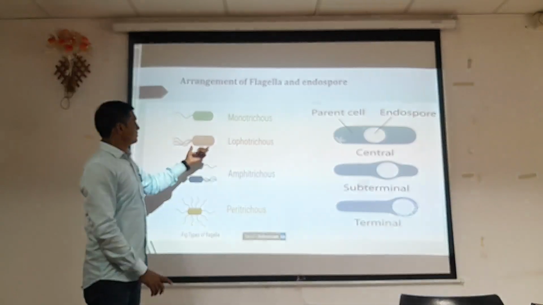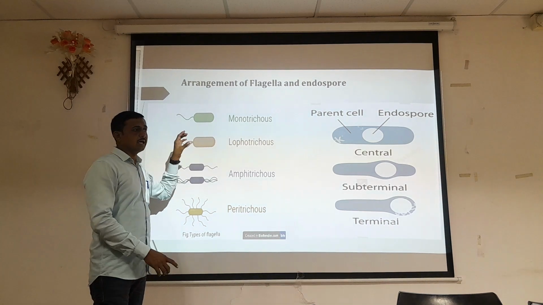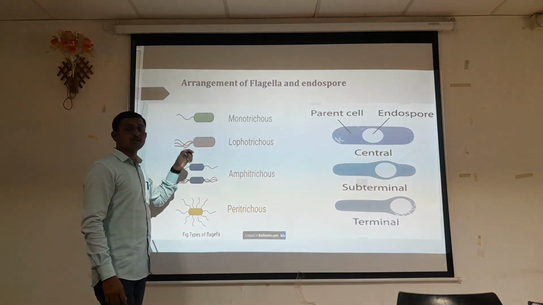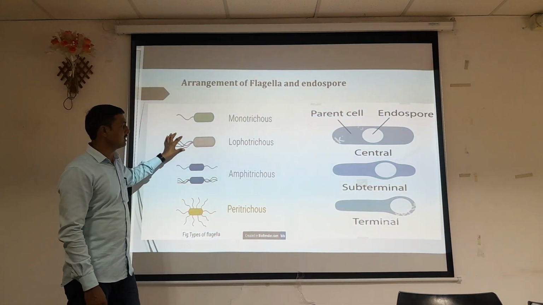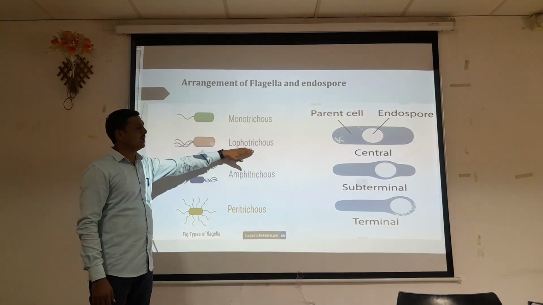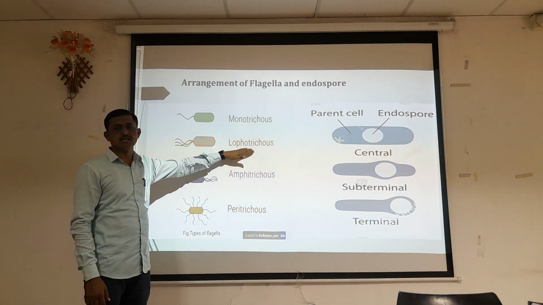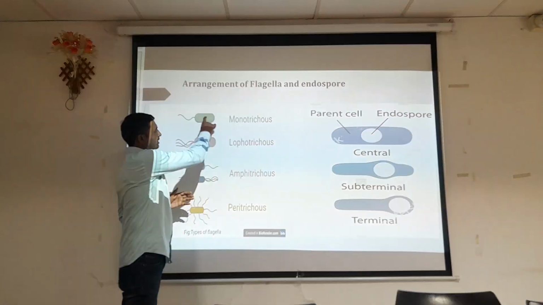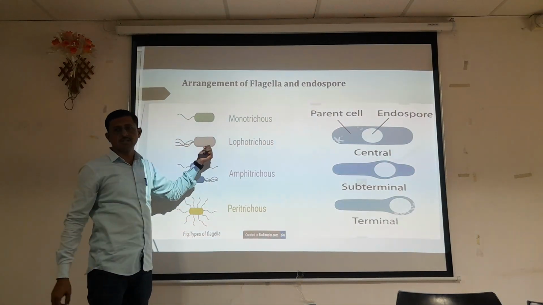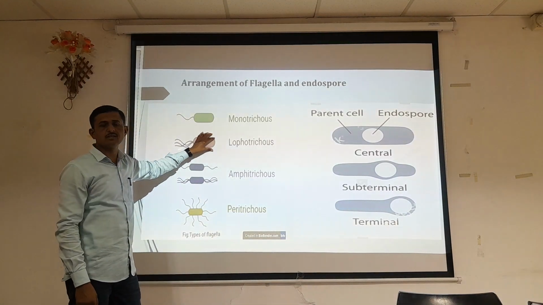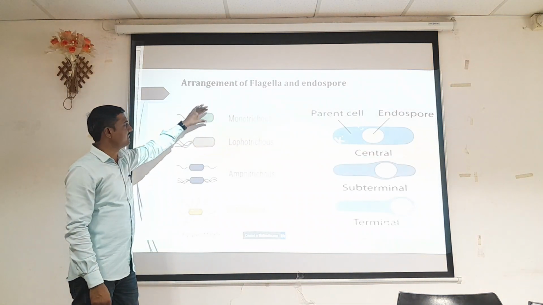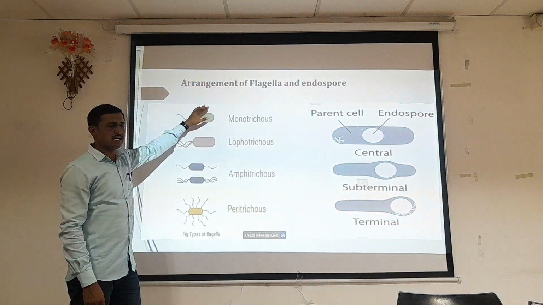In the case of flagella at one end, but as a group of flagella, that arrangement is nothing but lophotrichous flagella. So that organism is different from the other organism. They are nothing but a lophotrichous flagellar arrangement, while a single flagellum at one end is nothing but a monotrichous flagellar arrangement.